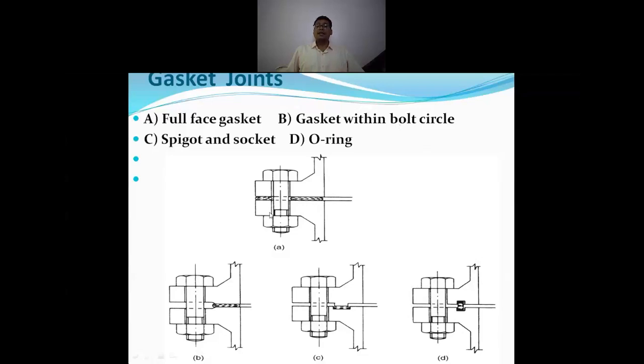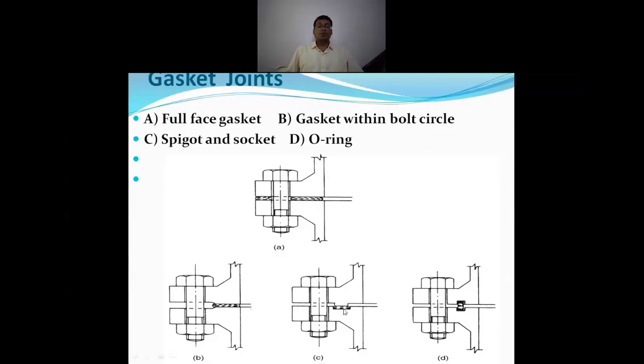In this case A, the gaskets are with a bolt circle diameter, meaning the bolt holes are available in this gasket A. In gasket B, that is without bolt circle, it sits before the bolts and faces towards the inner surface. So generally these are the raised faces of the flanges. In between the two raised faces of the flanges, the gasket will be available.